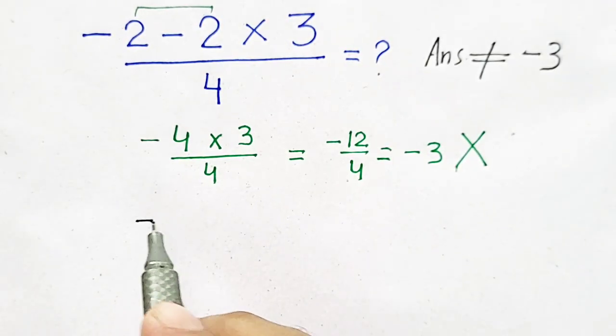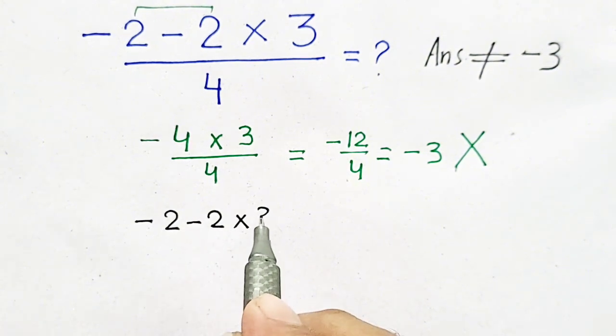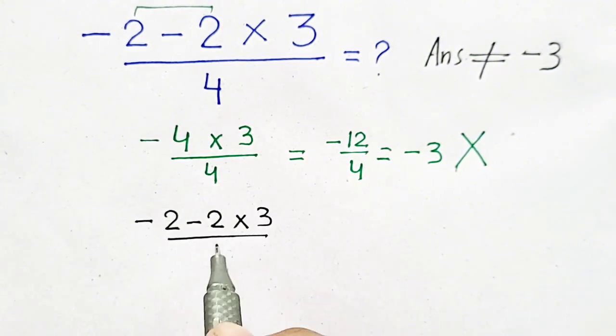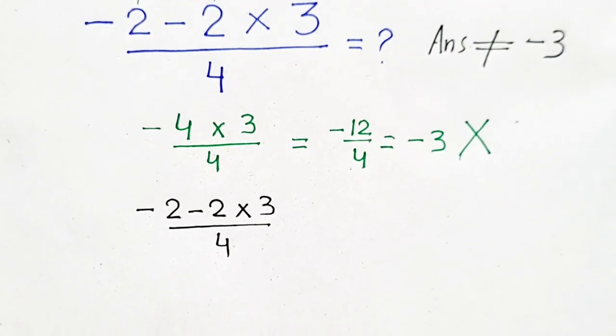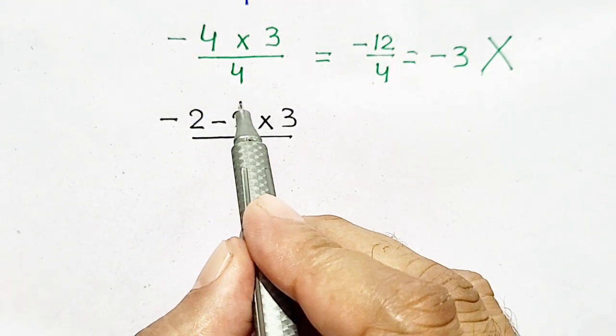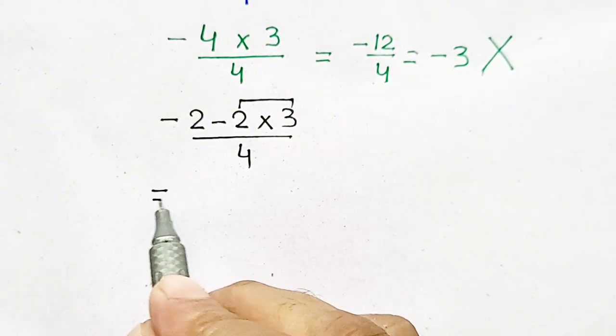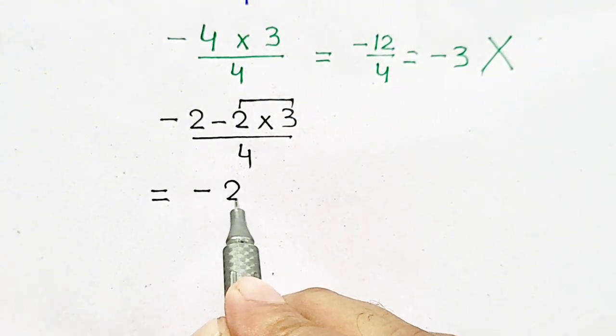Now I will write again the question. Question is minus 2 times 3 divided by 4. We have to follow the order of operation. So first of all, we have to solve this multiplication. We will get minus 2